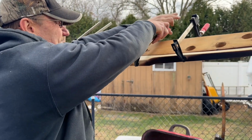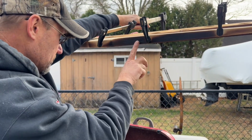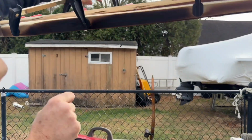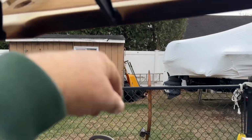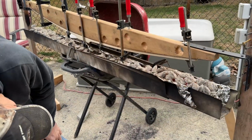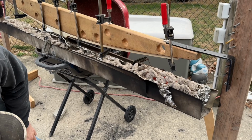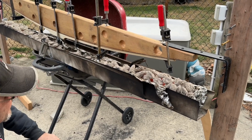Yeah. So, like I said, time isn't important. We've got to try and get everything nice and brown, maybe a little more in the coals and the fade outs over on this side here and on the ends. Yeah. All right? Yeah. Getting the color now, right? Yeah, getting some color. I saw some smoke. I don't know if it came off the wood or...